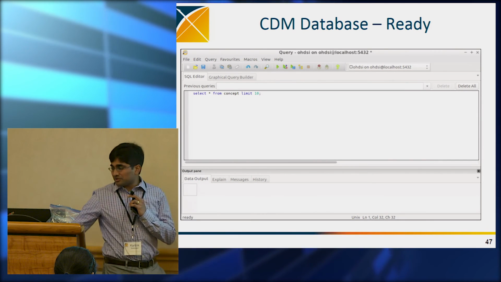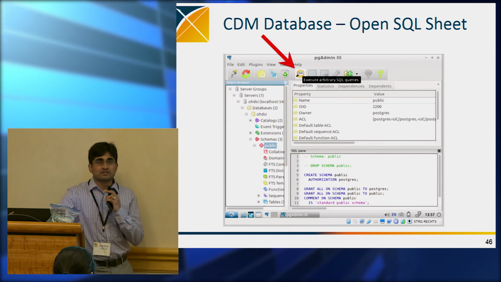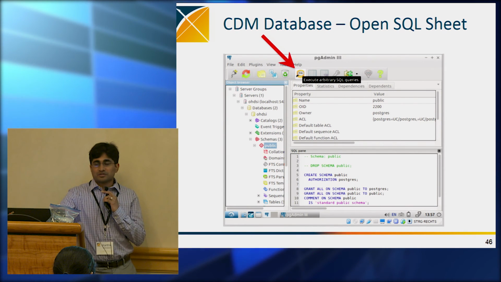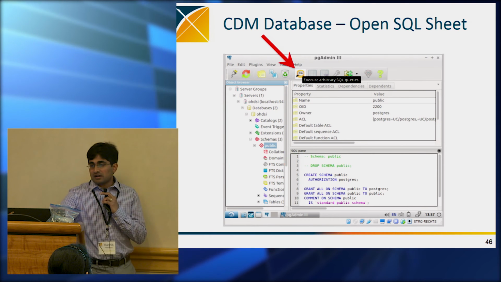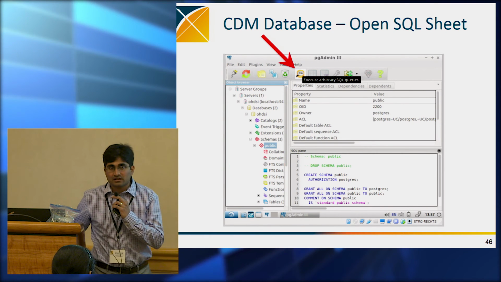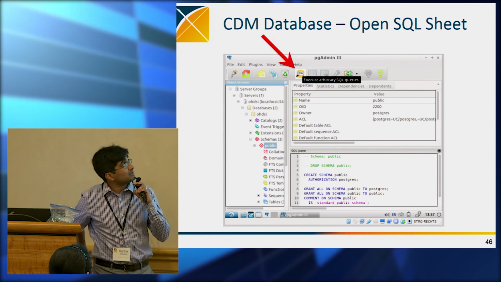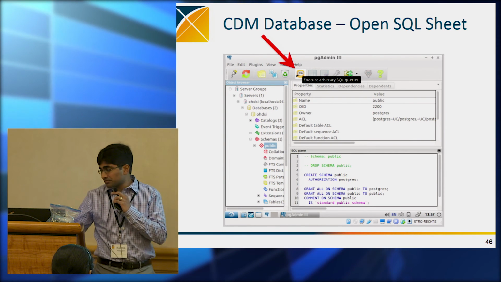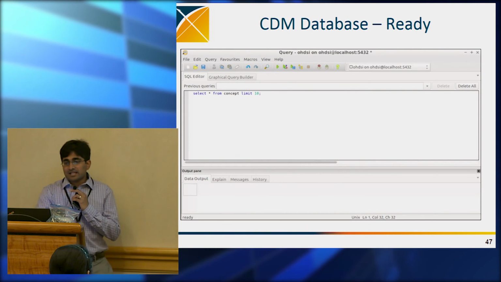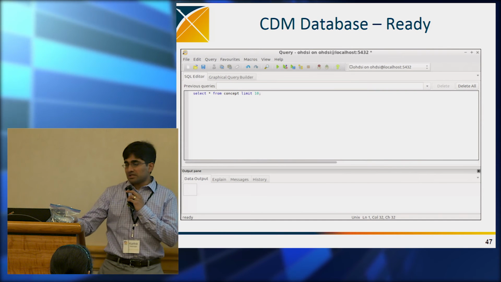So just to do a quick test that everyone's set up, if you click on the SQL icon on the top of the application, it should bring up a window, and in there, just type in this query.